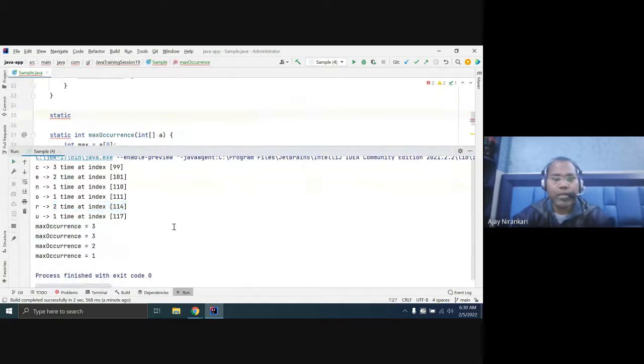Whenever I pass 2 to this method, you are passing the max element, max I pass 2. So our method should return 2 indexes. One is 101, and one is 114.